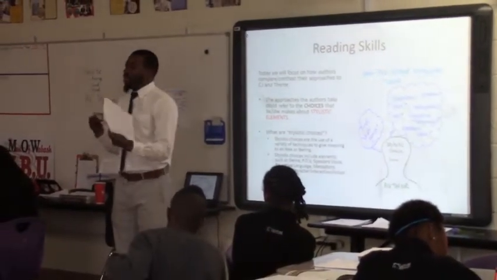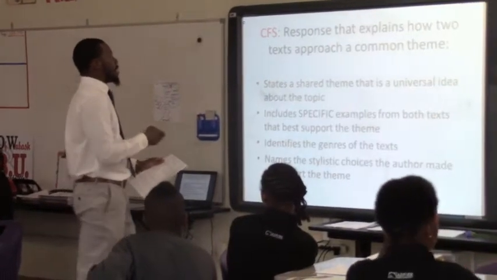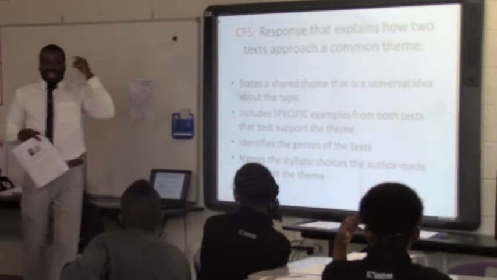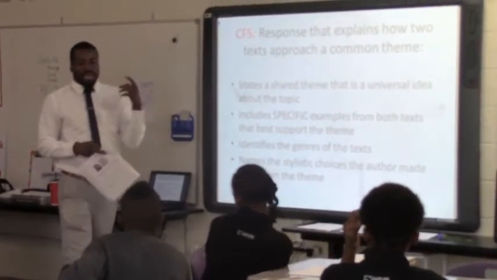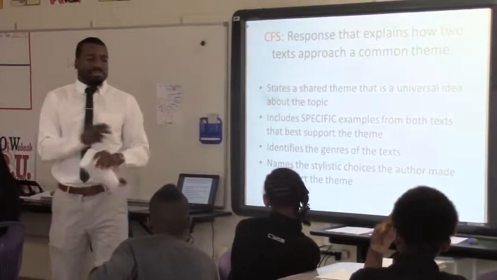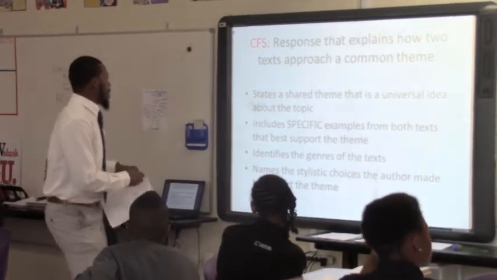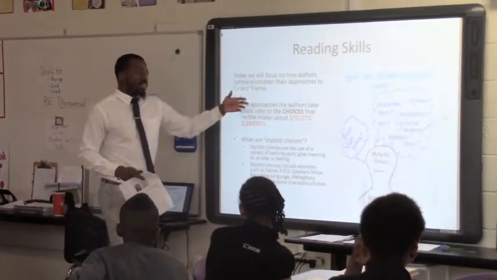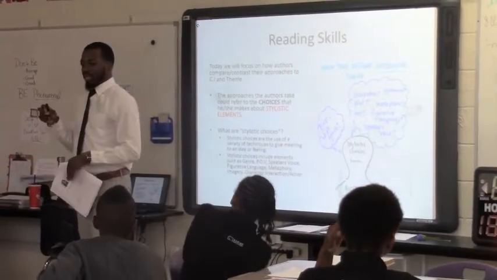So when I'm wrapping it all up, I need to make sure, and we're not going to do this yet, but we're going to come back to this, when I have my criteria for success, I need to do that same thought process. I need to think about what it was that the author included in here to help me get to my approach. The author could have approached this by talking about point of view. He or she could have talked about characters, plot, but they chose specific stylistic choices.